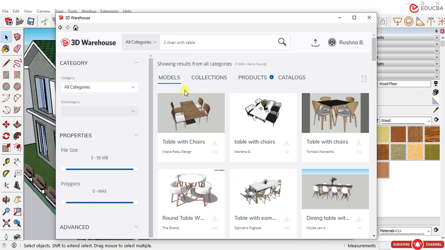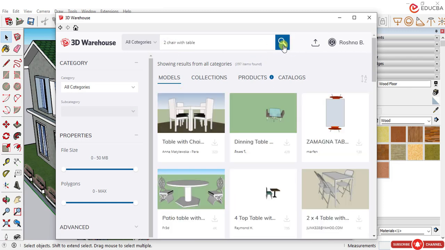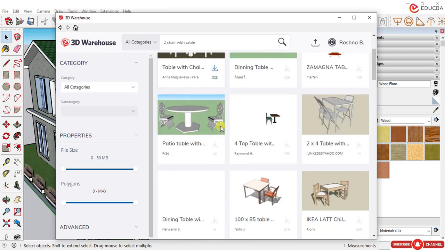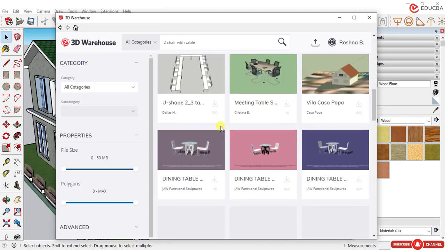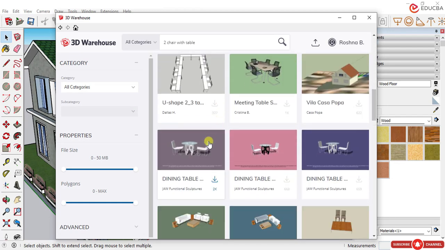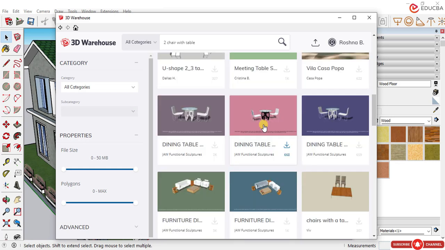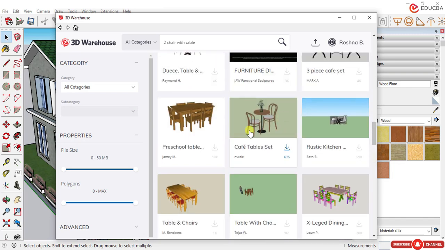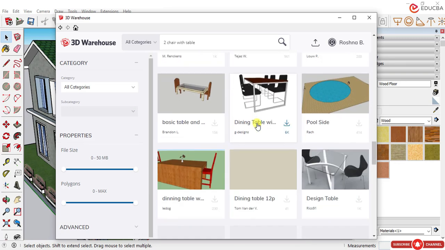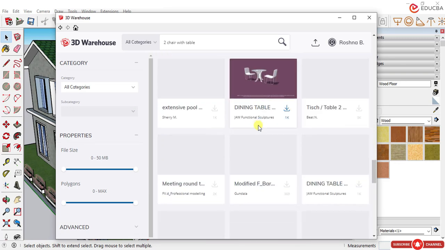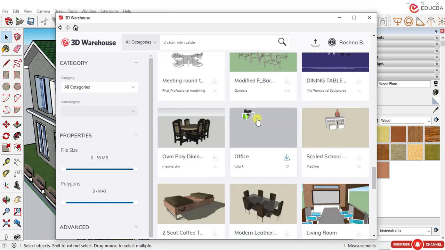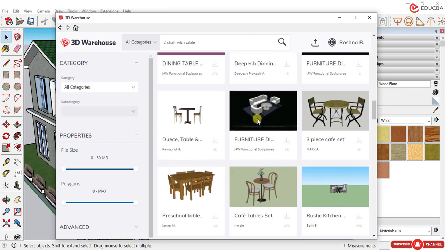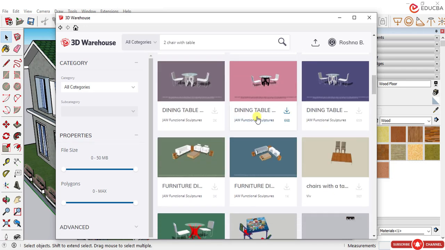So here, 2 chairs with table. This also we can take, like a cafe table set. Yes, I'll select this one,